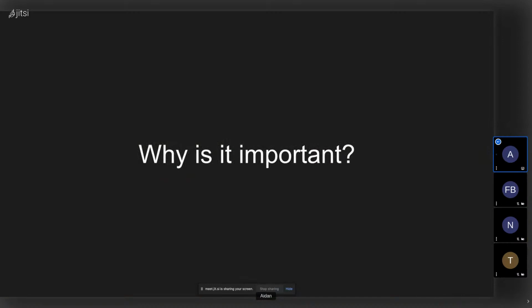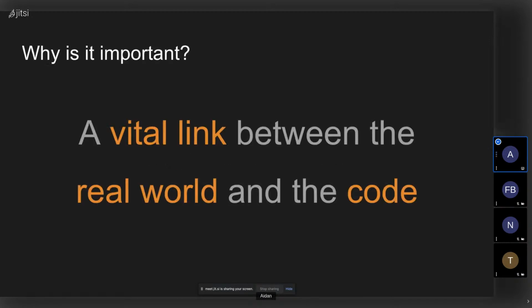Why is it important to have a domain model for your app, and to think about your application from a domain-driven perspective, like understanding what your app is actually affecting in the real world? Right off the bat, a domain model is a vital link between the real world and the code.